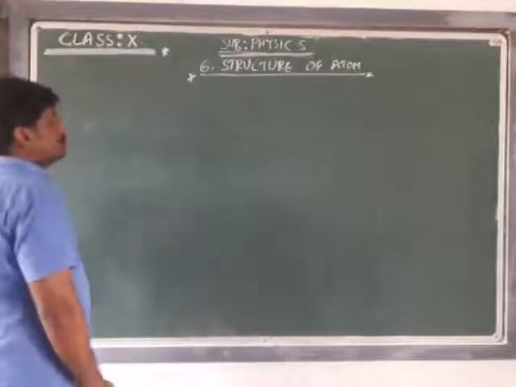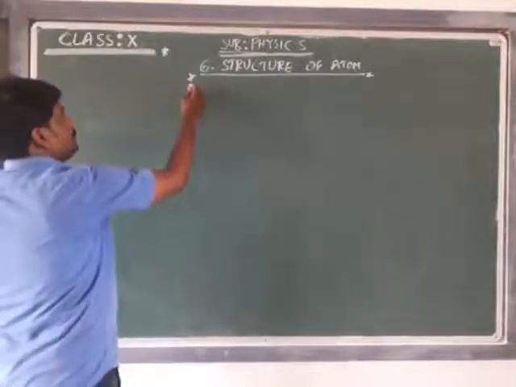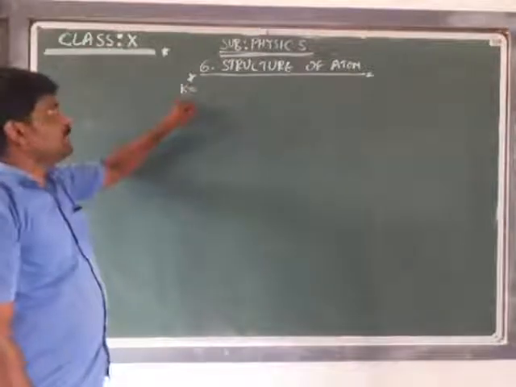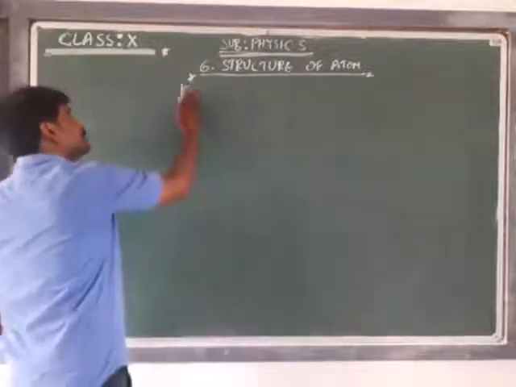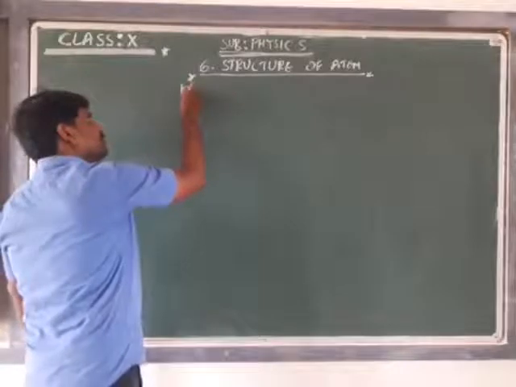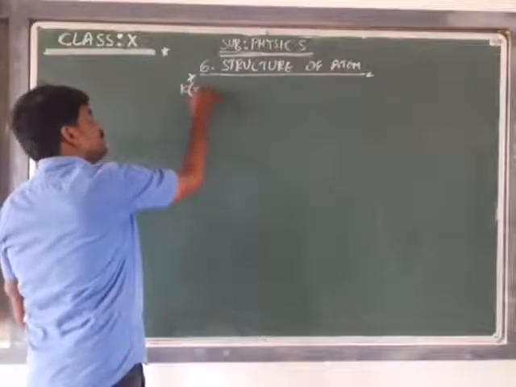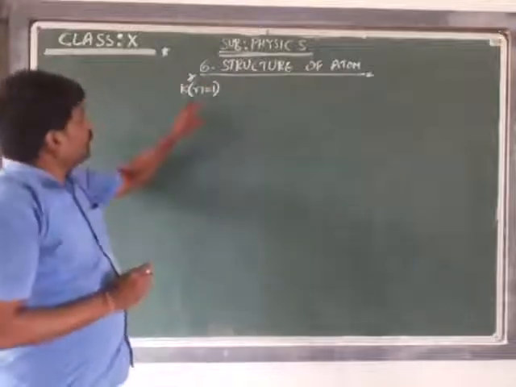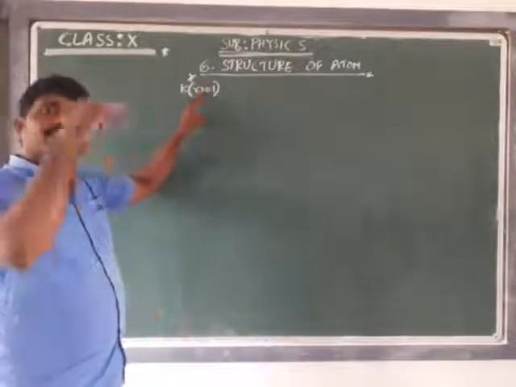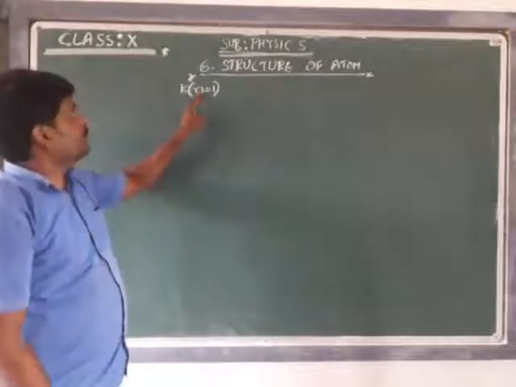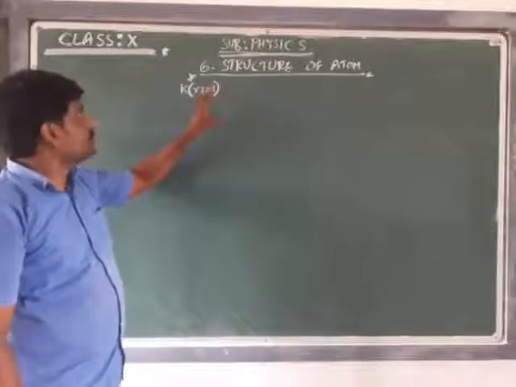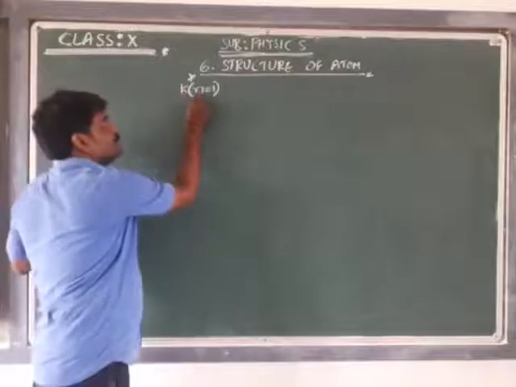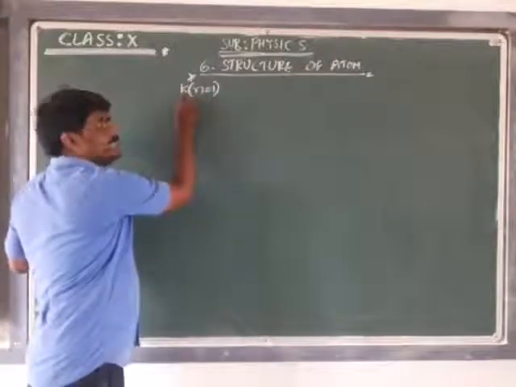Very important discussion. We already know that we have the shells. The first shell is referred to by K, and it is referred to by the principal quantum number n with n equal to 1. The principal quantum number gives the information about the shell, and it is referred to by small n. If the principal quantum number is 1, that is the K shell.